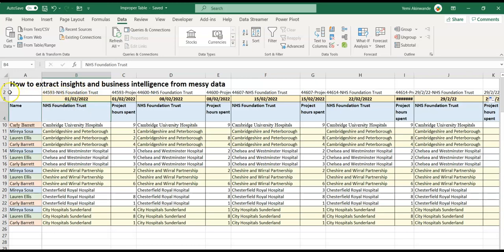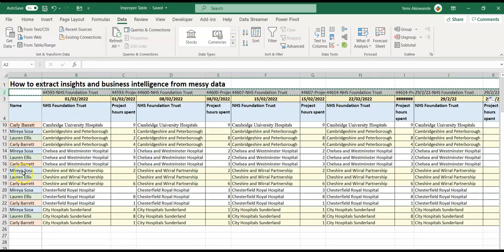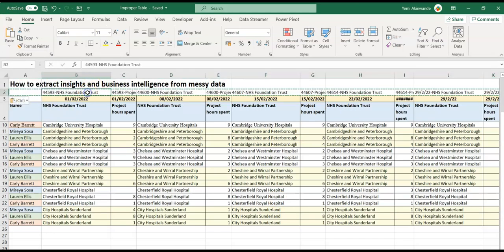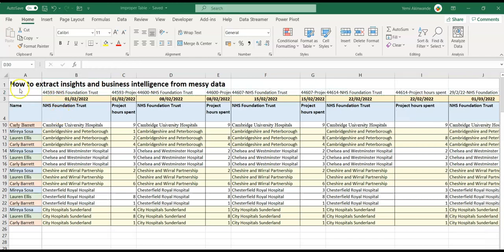So what we want to do is to copy, just click out of it, and then come back into it, and then paste values. That way now this is static, it doesn't depend on this, and we can remove these two rows.